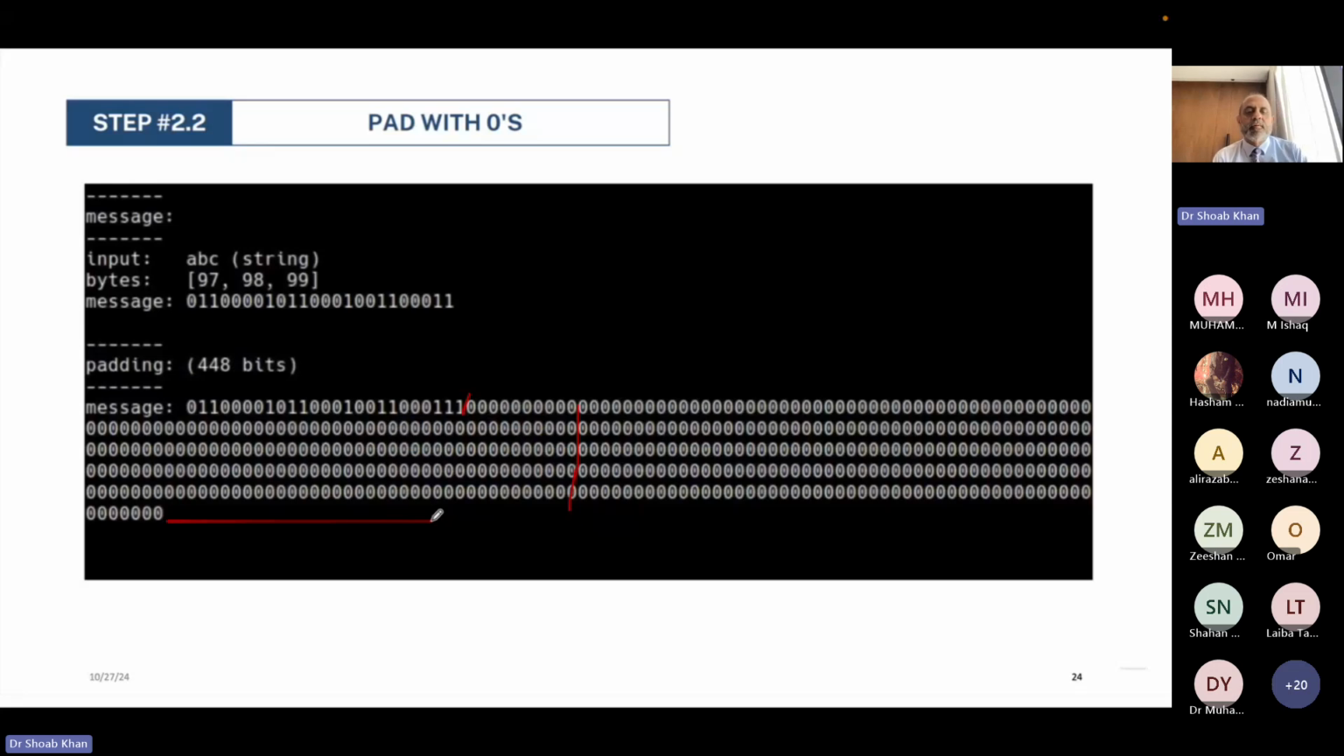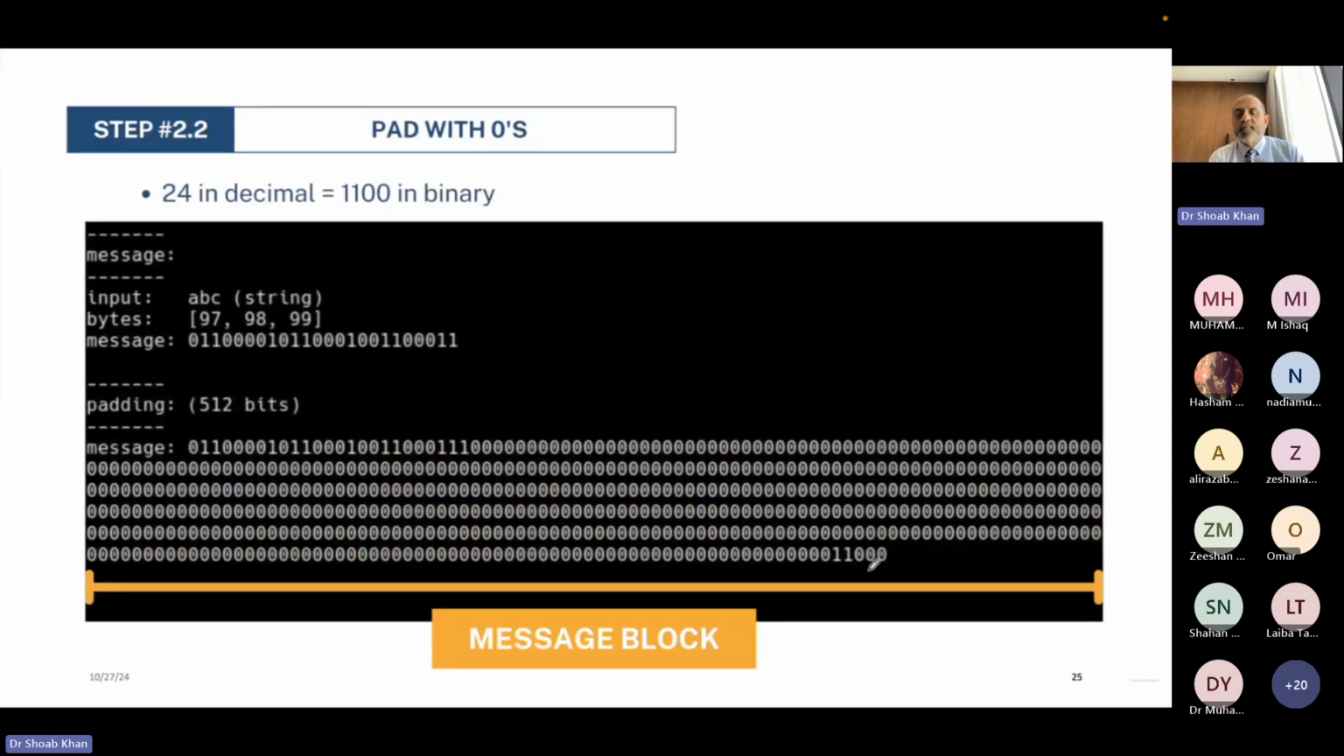In this case, the message is 24 bits. So you put 24, which is 11000. This is 24, and so this becomes,